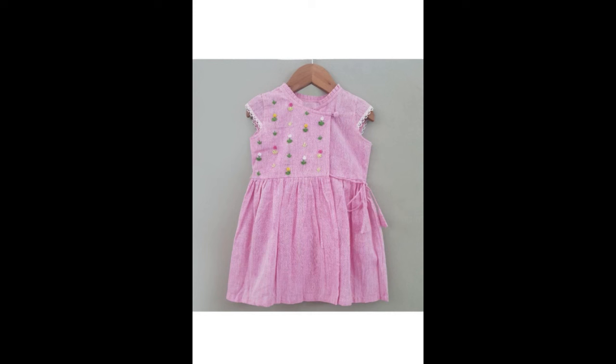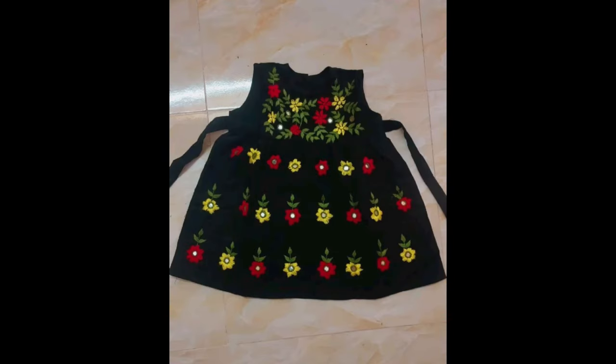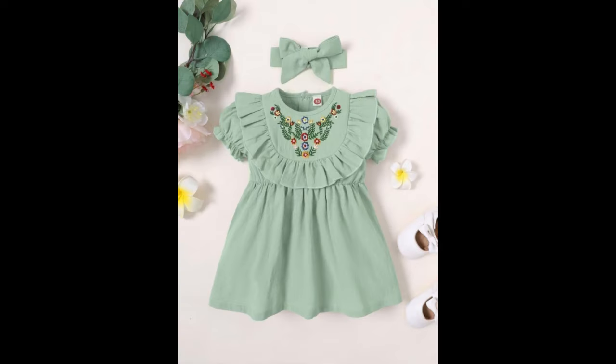The beauty and creativity of this video is not only limited to this, you can also get very beautiful, stylish, and trendy ideas of stitching also, and how you can stitch the dress, how you can give the final outfit look to the baby girl dress, frock, or any other type of